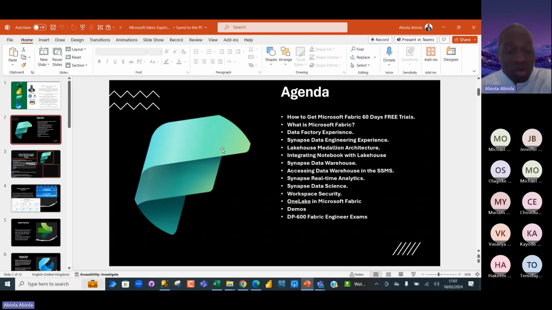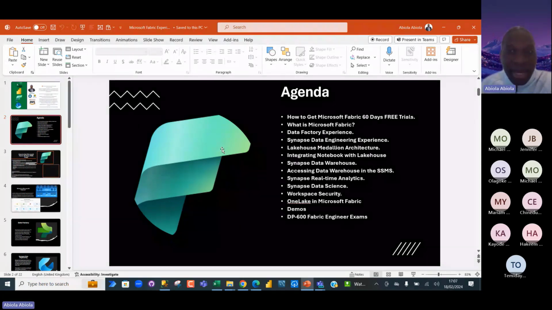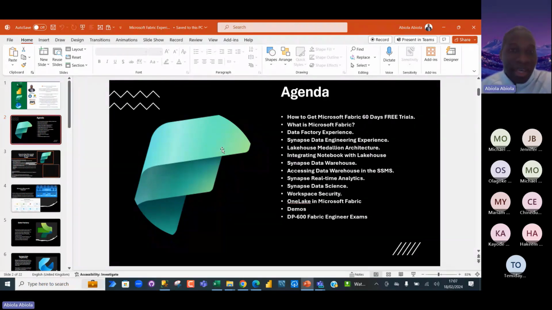So now I'm also going to be looking at the practical aspect. Some of you know me, I'm the kind of person who doesn't talk too much, showing many slides. I believe so much in the practical aspects, the demo aspects. So let's get started. Now, I'm going to come to this slide.